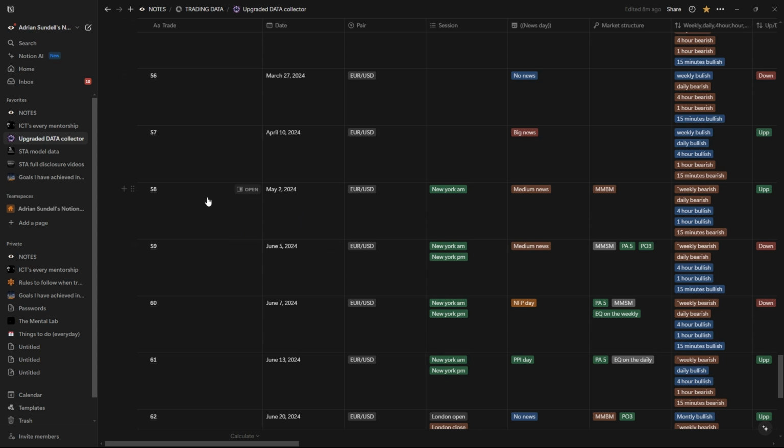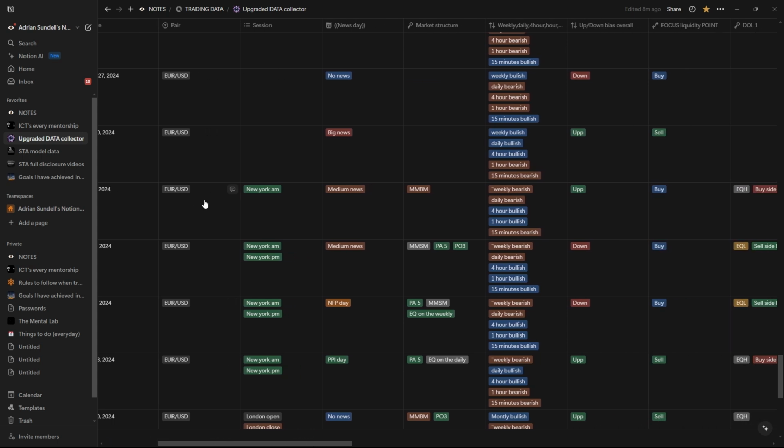So date, when I took the trade, the specific date, and I'll show you why that's super important later. Then the given pair, that's also what I have annotated, the pair I took the trade on. Then which time I entered the trade, and when the trade played out. So if it played out over a period of the whole day, I would annotate all of these.